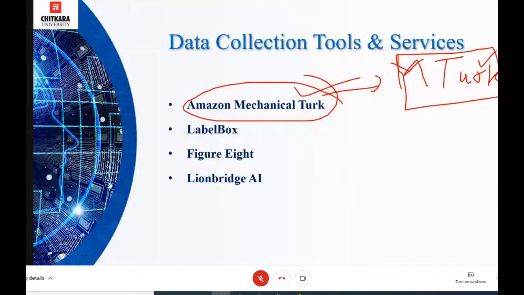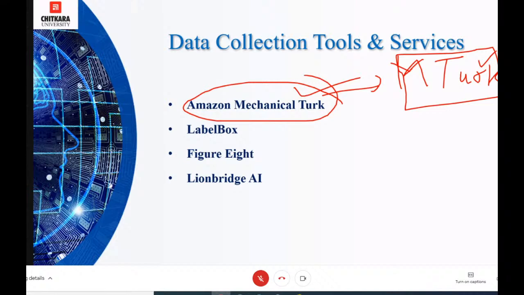It is developed by Amazon. It is a crowdsourcing marketplace commonly used for data collection projects. As a requester on the platform, you can design, publish, and coordinate a wide range of data collection tasks, such as surveys, transcription, and many more.